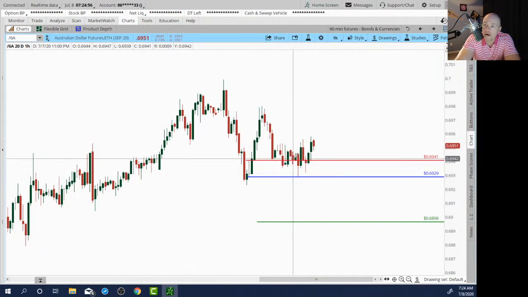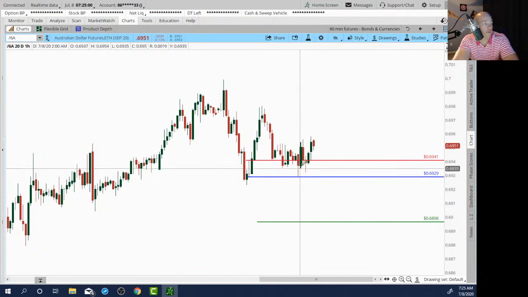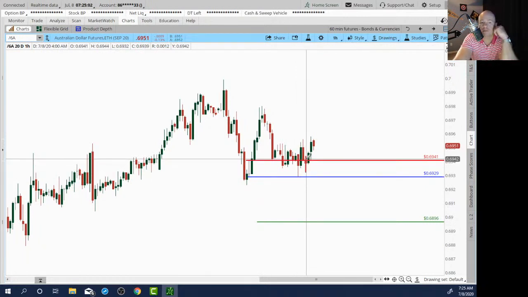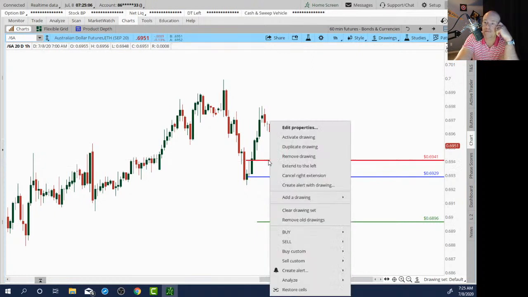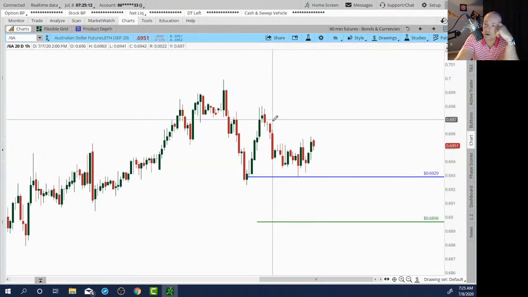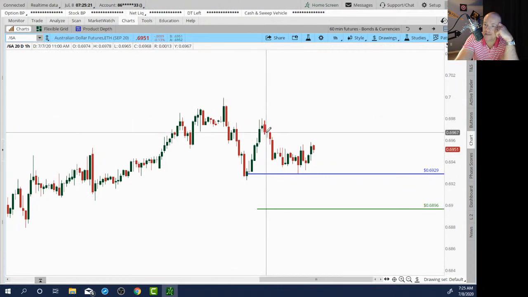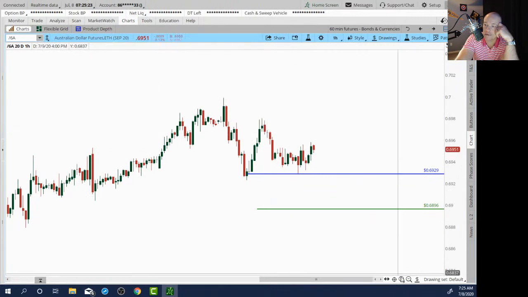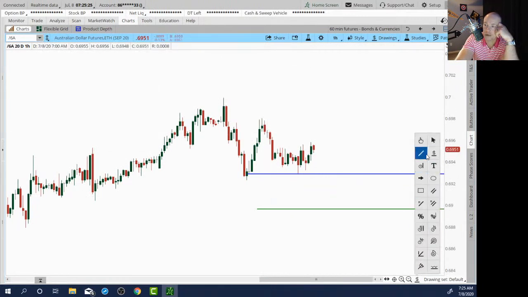Well, here's the good part. Notice we came back to there in the overnight and rallied up off of that level. And since we rallied up off of that level, it's going to still be valid for a breakdown if we get quality basing. I still need quality basing to make that level make any sense, right? And I don't have it at this point. So until I have that, I can't talk about it. So for now, I would say that